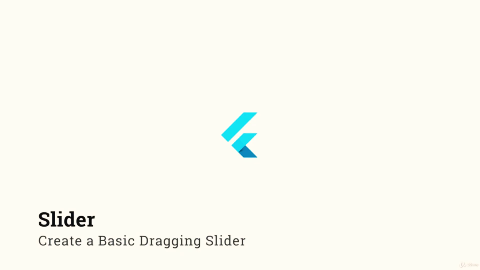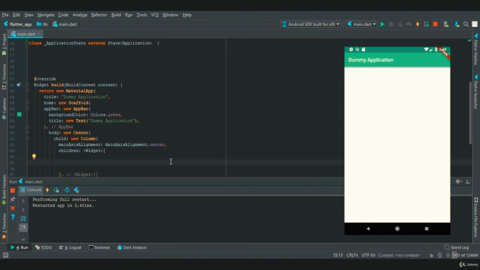In this video we are going to create a slider in Flutter. For that I have already created a body that will align the slider in center. So let's create a slider using new Slider. Now in this we need to add 4